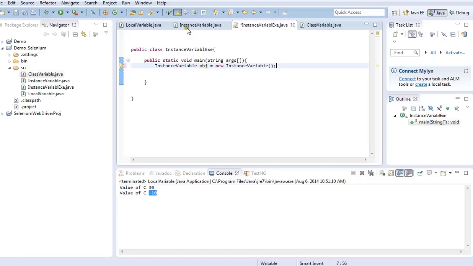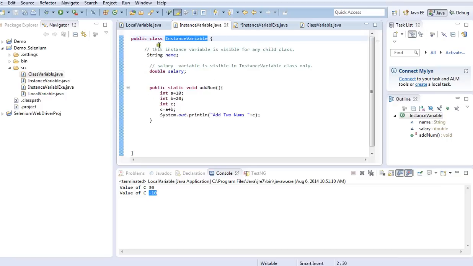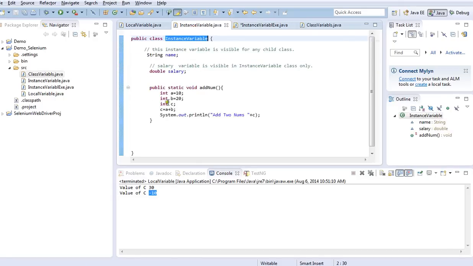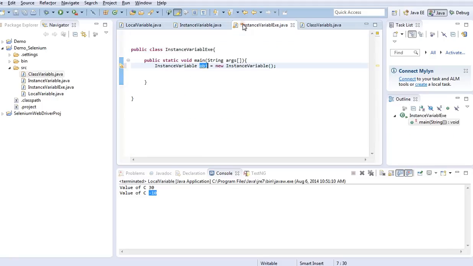Now what I have done, I have copied this class to a variable called obj. So this obj is not actually a variable at this time, because the meaning of obj has changed from variable to object. Now this obj is going to be called an object. So object is nothing but a copy of a class. Copy of a class means now I can use all the methods, all the variables present in instance variable. How to use? You can type obj dot.